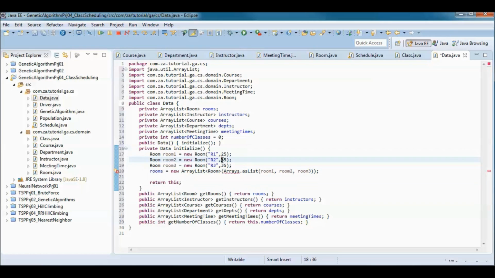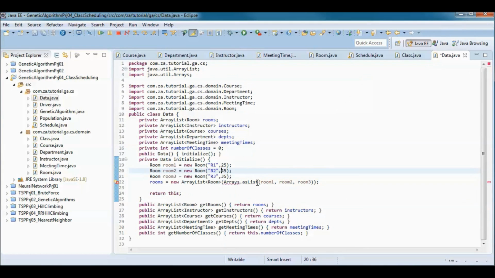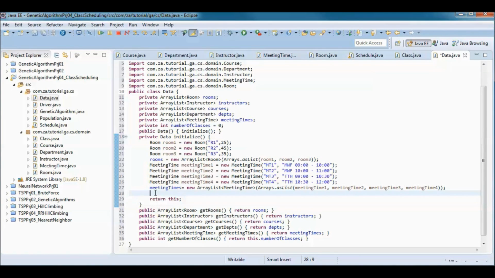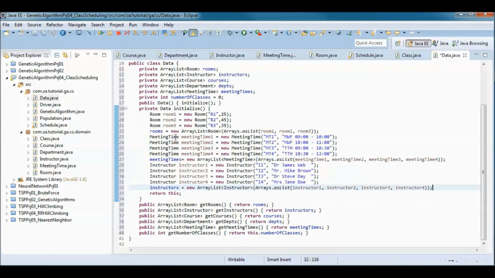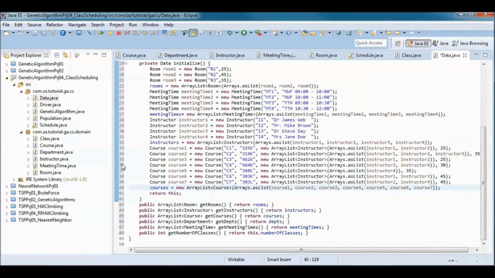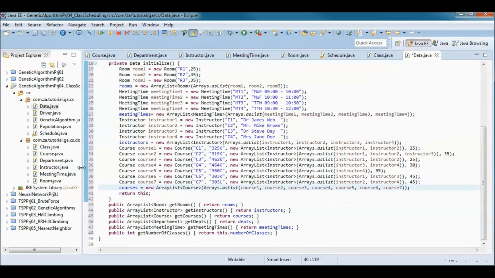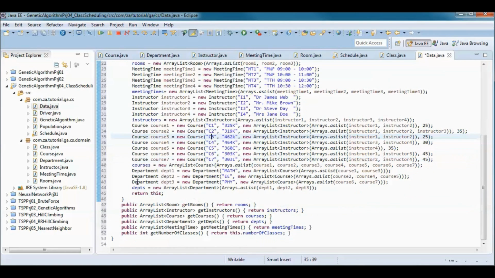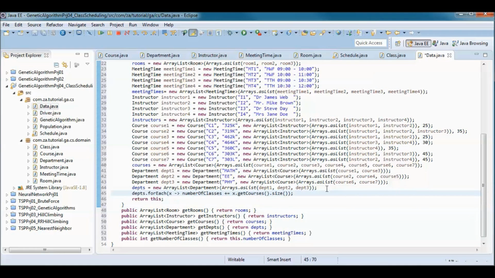So we'll have here 3 rooms, 1, 2 and 3, 4 meeting times, 4 instructors, 7 courses, and 3 departments, and this Java 8 code would calculate the total number of classes.